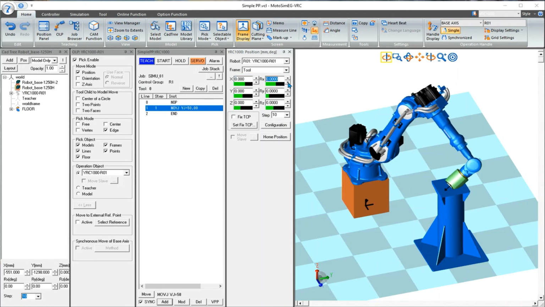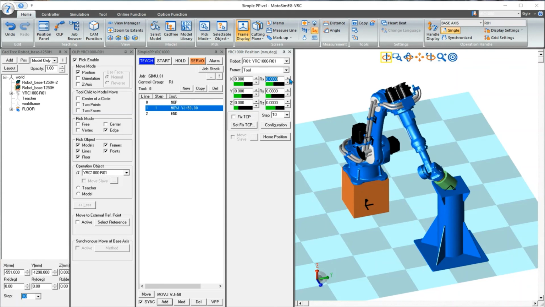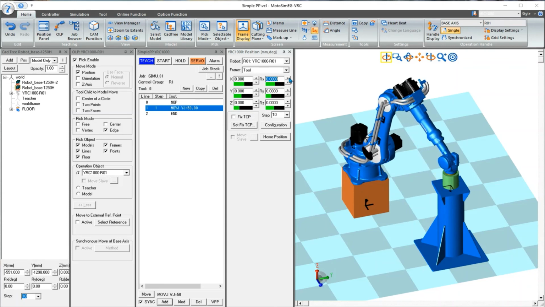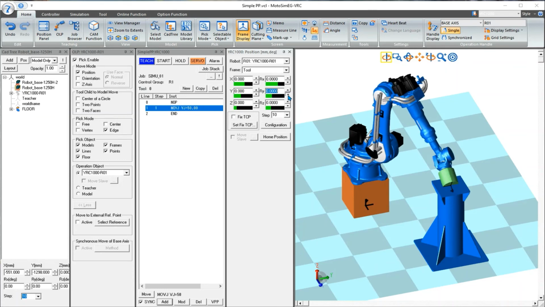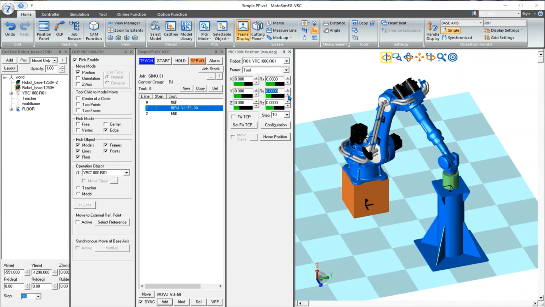You can now change the orientation with the help of the position panel in XYZ, RX, RY, RZ like this, and add the point.